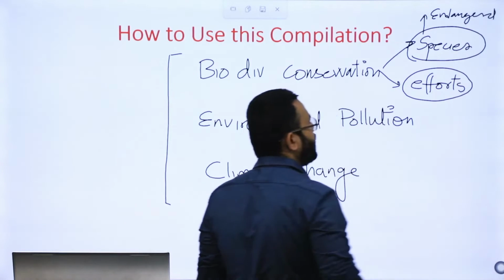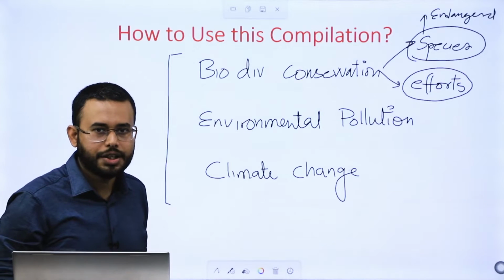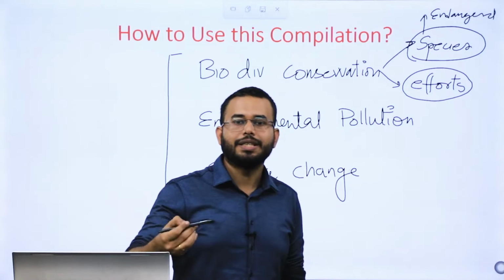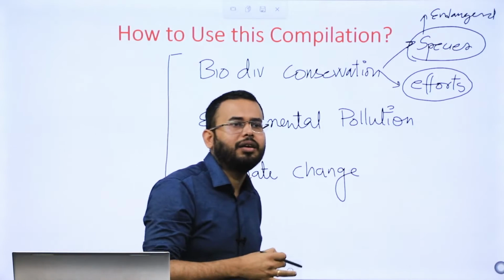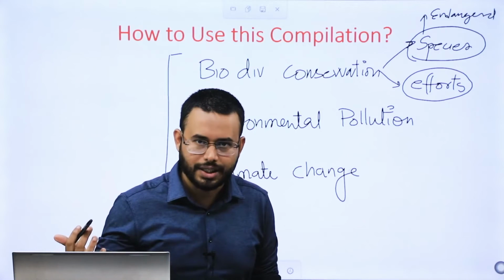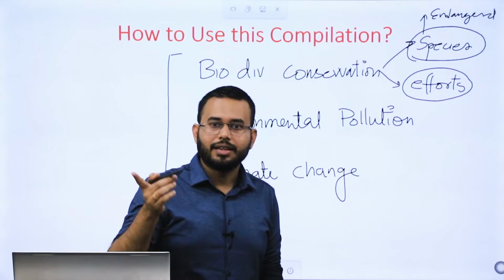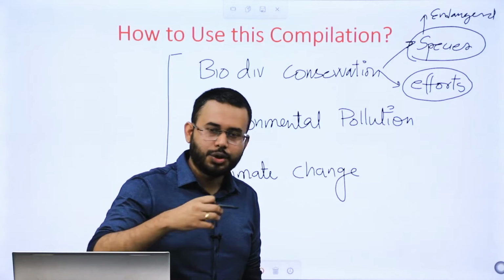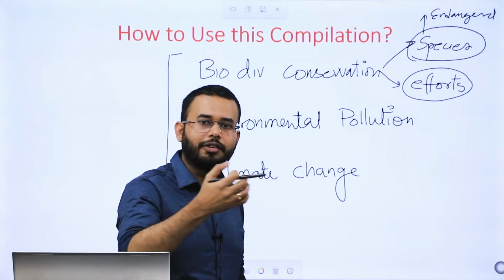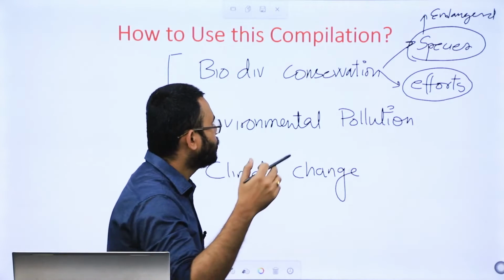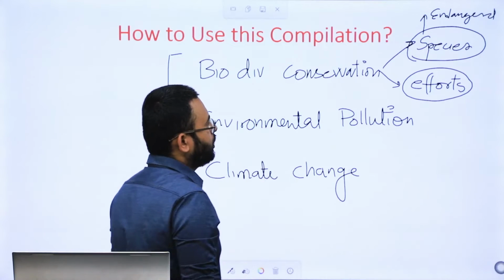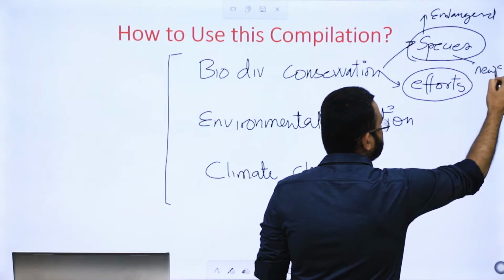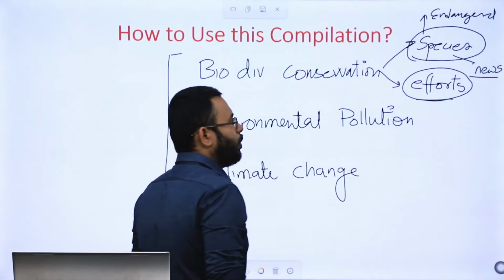So here you read about the IUCN list of endangered species. Another important aspect which generally we miss out is the species in news. Now they can be in news for n number of reasons, right? But more than the reason, the name of the species becomes important. They can choose a particular species which was in news and frame a question on that. Fine. So in biodiversity conservation, we need to focus on species which are in news, and then efforts which incorporate